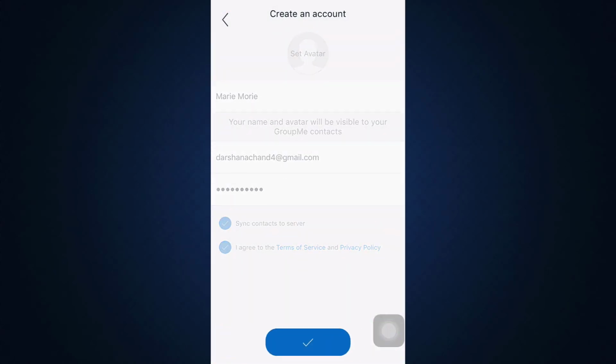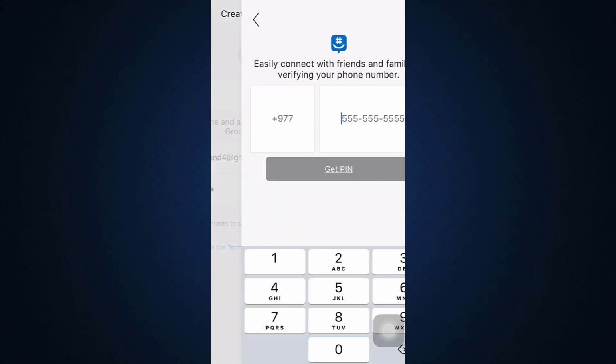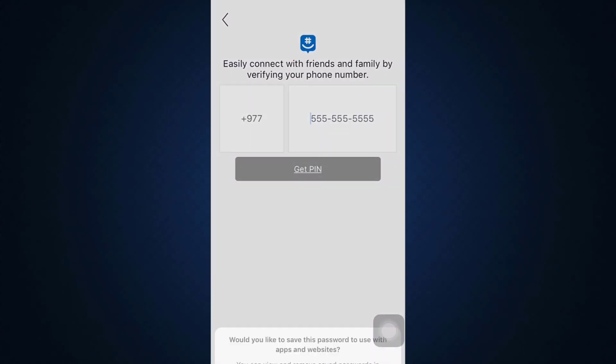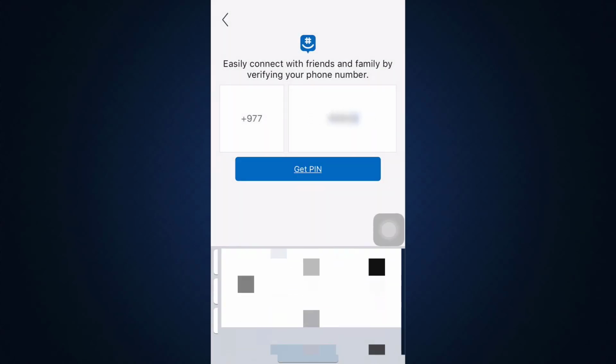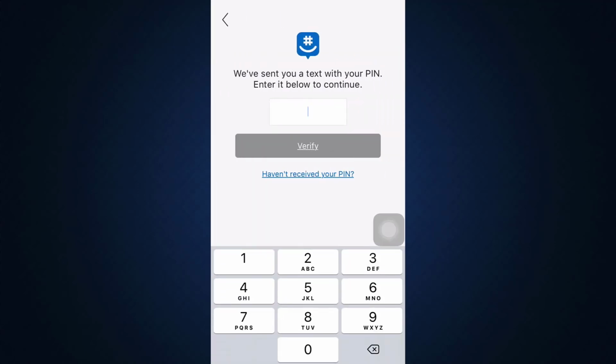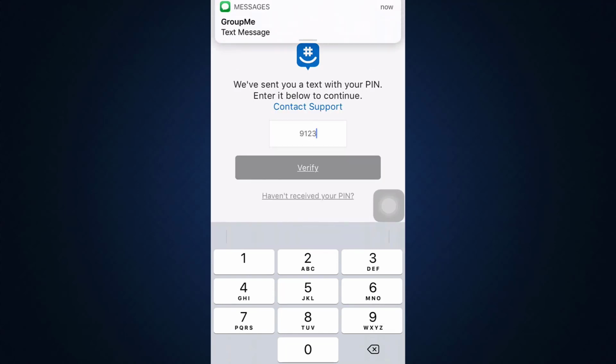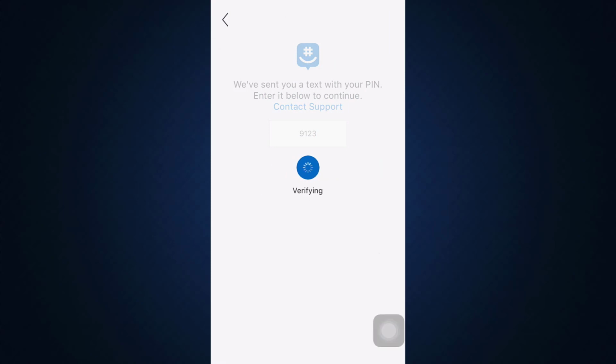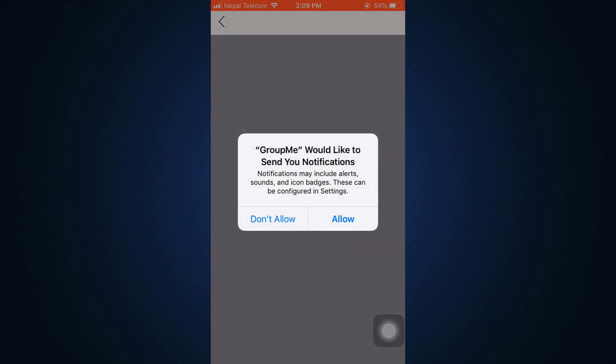After doing that, wait for a certain while until you land on a page like this that will ask you for your phone number. So type in your correct phone number over here with the correct country code as well, and then tap on Get PIN in order to verify that it is you. So wait for a certain while until you receive a PIN. Here it looks like I've received my PIN, so I'm just going to let it be and then tap on Verify. After tapping on Verify, allow GroupMe to send you notifications, allow it to access your contacts,